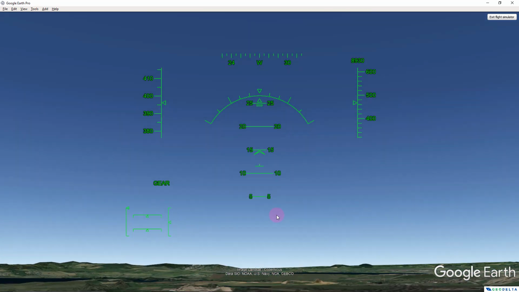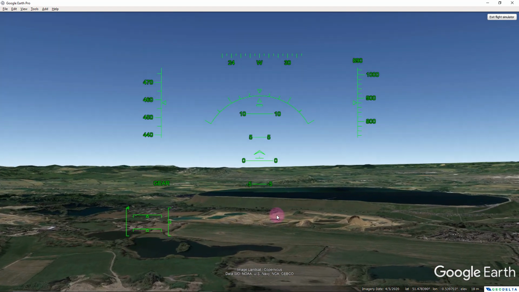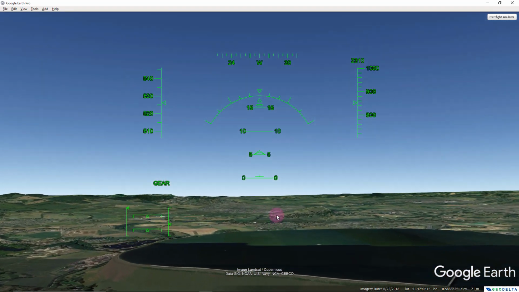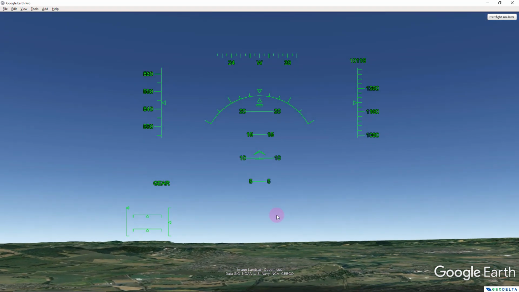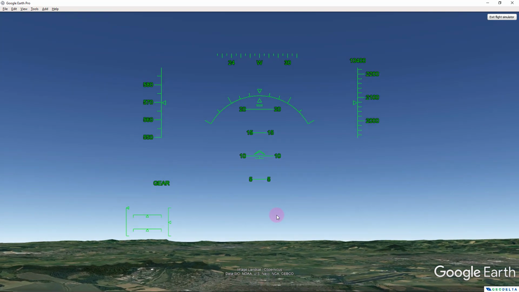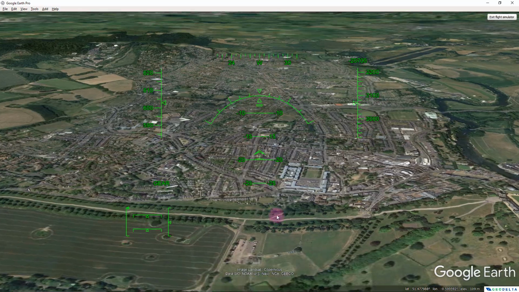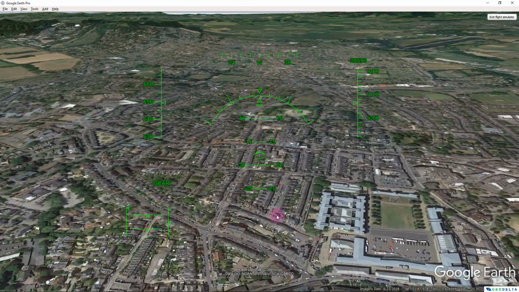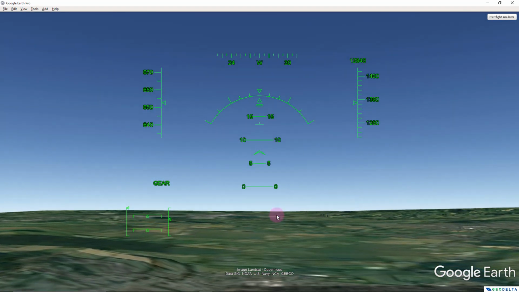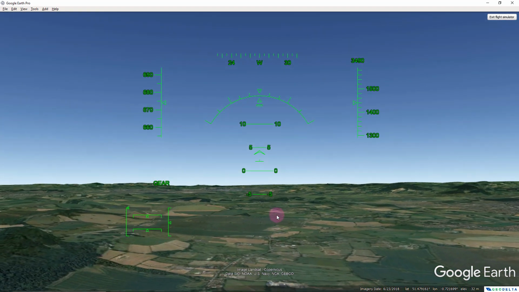It can be a bit overwhelming at the beginning to control the flight. You can simply use your up, down, left, right buttons in order to control your flight. To raise the nose up, you can hit the down button, and to drop the nose of the plane down just like this, you can hit the up button. Now you can see that we are approaching the ground, and I'm going to very quickly raise the nose up. You can turn the plane simply by using the arrow keys. So I'm going to turn the plane to the left side a bit,